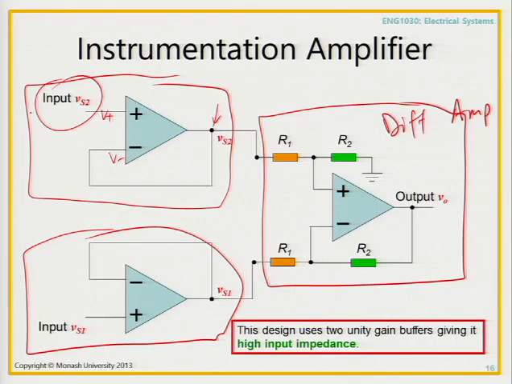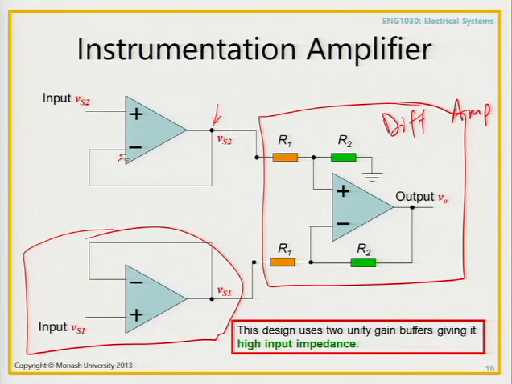So remember this thing where we go, oh, why would we want to do this? Well, over here, if I look into this op-amp, firstly, the voltage is transferred directly from the input to the output of this op-amp, and then that's put into the differential amplifier. The second thing is, if I look at the input, what is the input impedance